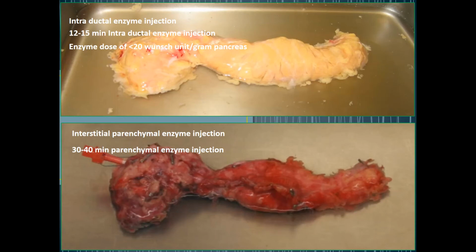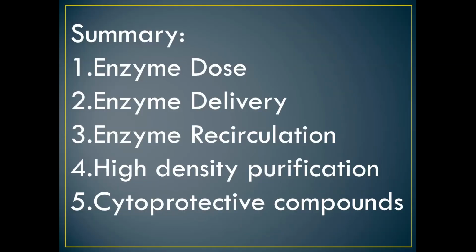And the enzyme dose-wise, less than 20 Wunsch units per gram of collagenase would be sufficient for brain-dead donor pancreas. But in this case, we need a minimum of greater than 26 Wunsch units per gram pancreas. And the enzyme recirculation approach is definitely necessary. So our focus should be mainly on selecting the right enzyme, the enzyme dose and the enzyme delivery approach, plus this recirculation process and the purification with the aim of reducing the tissue volume, and adding cryoprotective compound